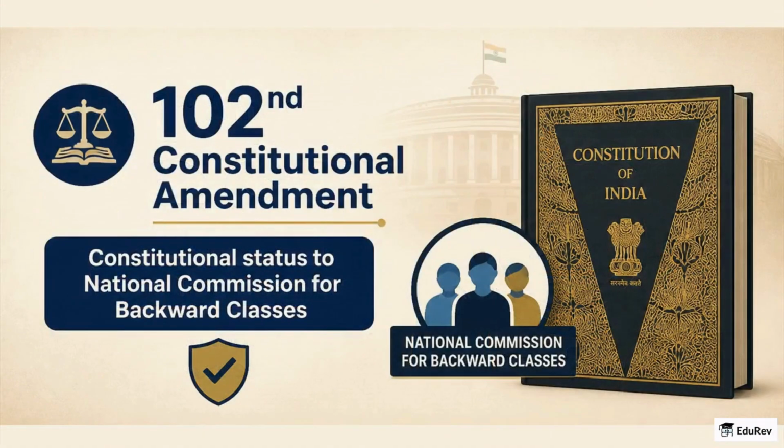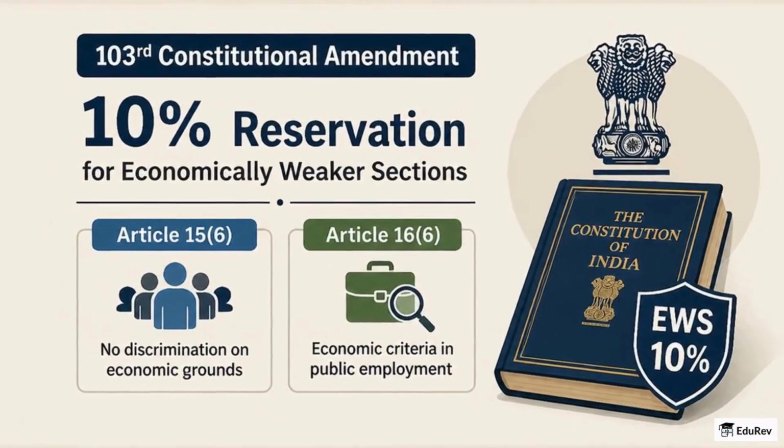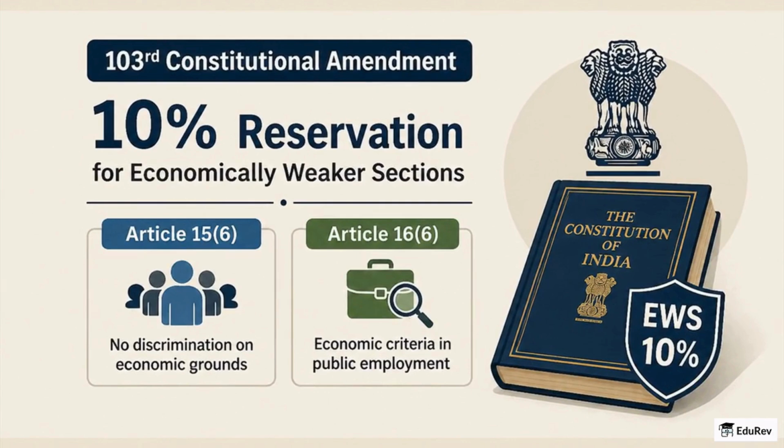The 102nd gave constitutional status to the National Commission for Backward Classes, strengthening its role in policy and safeguards. The 103rd added up to 10% reservation for economically weaker sections, inserting clauses in Articles 15 and 16 for economic